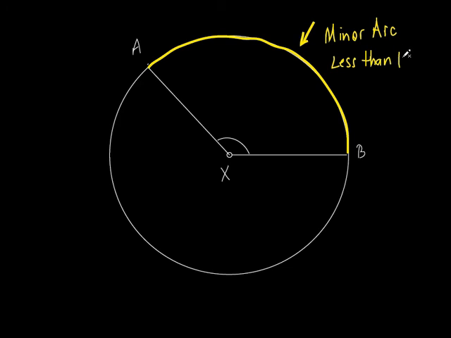than 180 degrees. So any arc that's less than 180 degrees, or between 0 and 180 degrees, would be considered a minor arc. Now, a minor arc we can label just like we talked about before. I could just call it arc AB. Right? I only need 2 points to name a minor arc. But what if I did this? What if I put